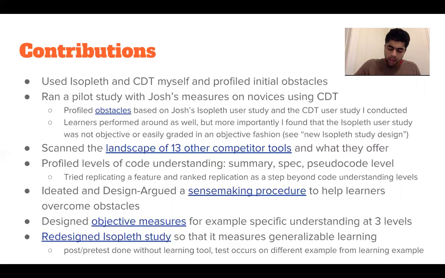So I've highlighted some of the contributions that were made this quarter, but I'd like to give a little bit of a high-level perspective on these contributions. I used Isoplet and Chrome developer tools myself and profiled their obstacles. I ran a pilot study using Josh's measures, the Isoplet study's measures that is, but on novices that were using Chrome developer tools. I profiled the obstacles from both Chrome developer tools and Isoplet's user study, and I looked at